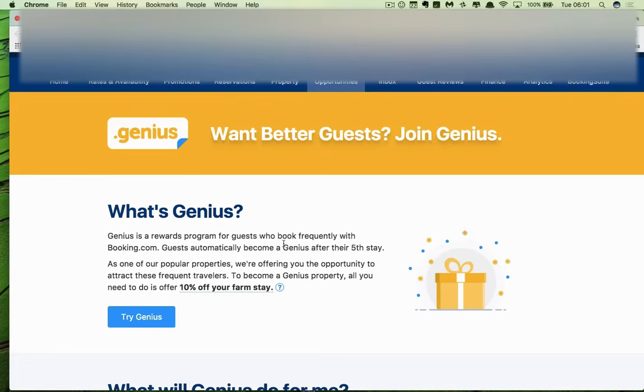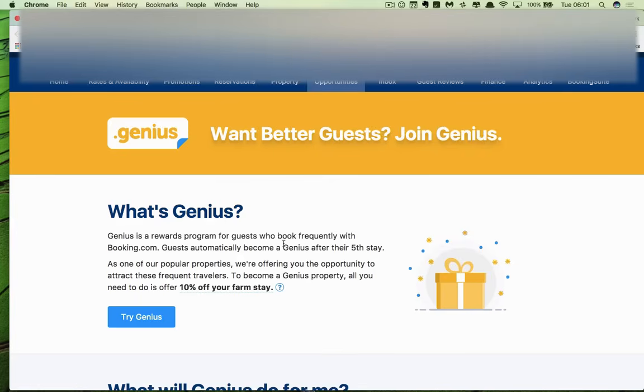Because what it does is that to be a Genius member, you've got to book on booking.com regularly. So if you, as a guest, stay a lot of places and you book a lot of times with booking.com, you become a Genius member. So it's just like a loyalty program. And when you're a loyalty guest, you get to have perks, and you get to, as a hotelier, offer these perks to people. So in the past, you could just give them free Wi-Fi. Everybody does free Wi-Fi nowadays anyway. You could offer earlier check-in, earlier check-out, a welcome drink on arrival, and you didn't have to give any money